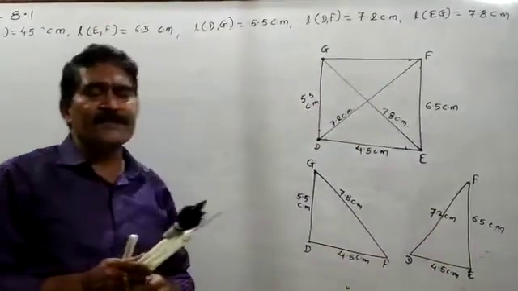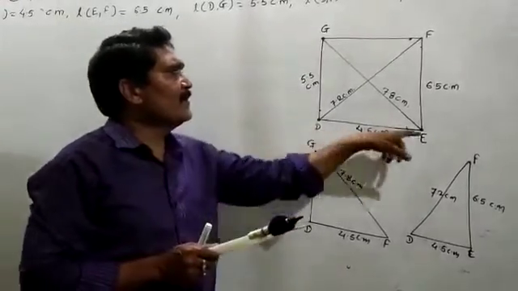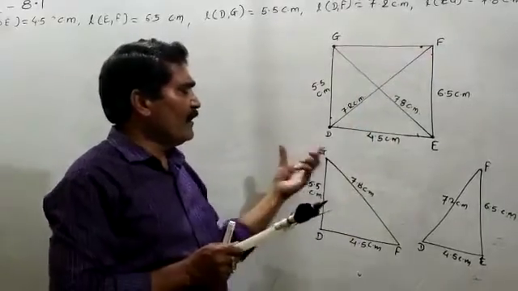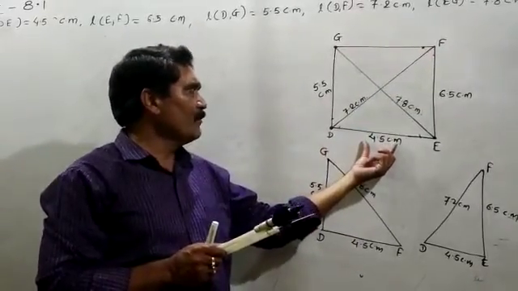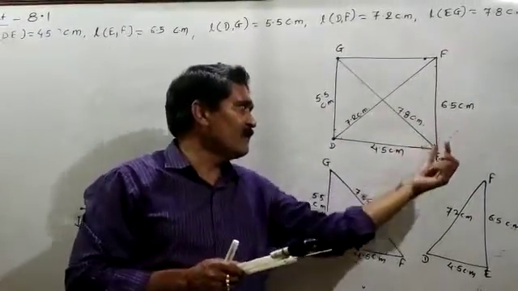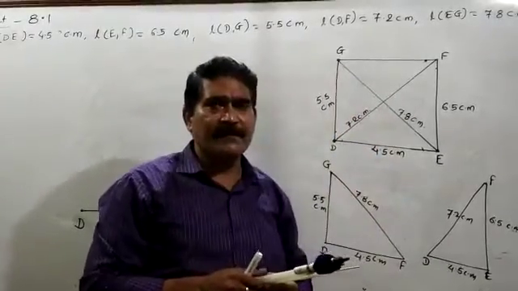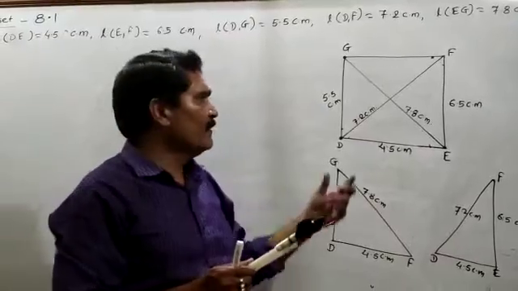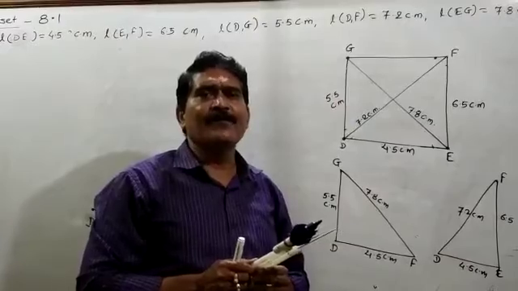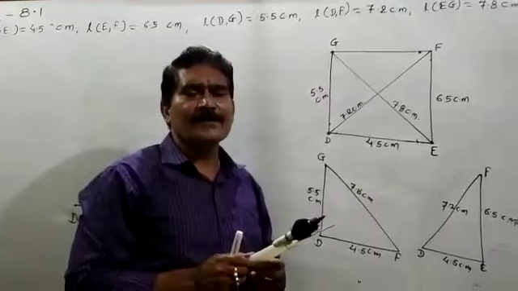If you want to construct the quadrilateral, for that you have to first draw the rough diagram. So you have to construct the quadrilateral and give the names D, E, F, G. Here, whatever measures are given: DE side 4.5 centimeter, DG side 5.5 centimeter, EF side 6.5 centimeter, DF 7.2 centimeter, and EG 7.8 centimeter. This is the type where three sides and the diagonals are given. That time you have to do the construction in this way.